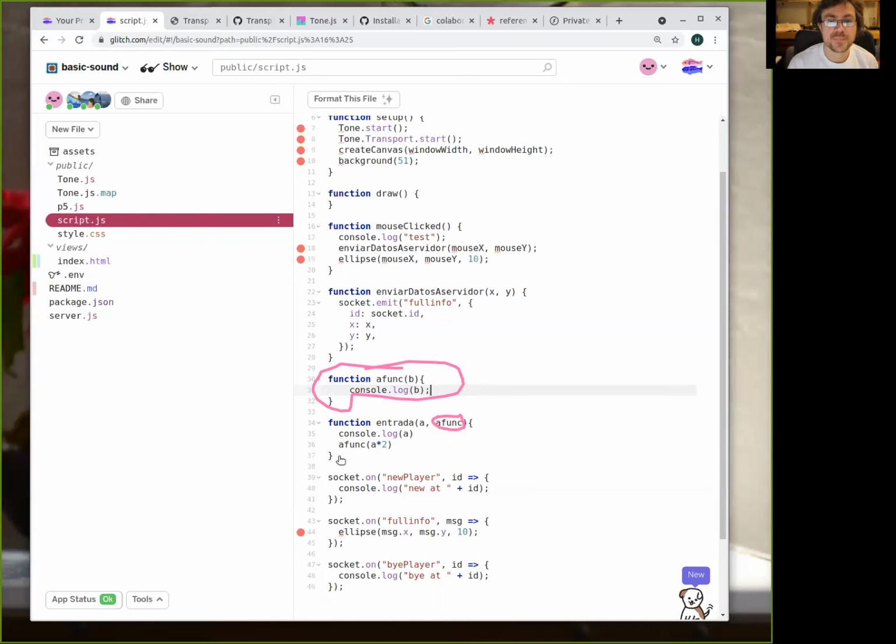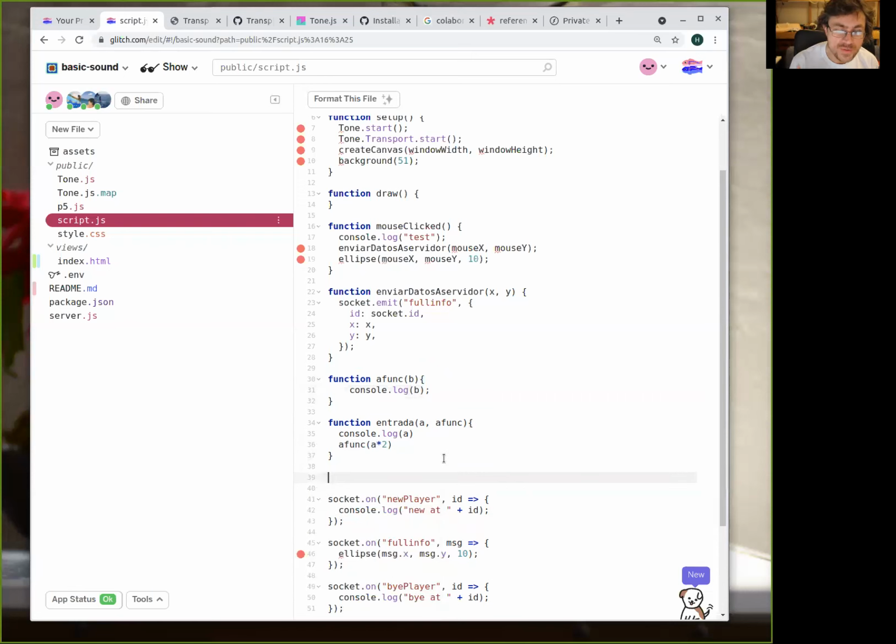Now, because this is sometimes very ugly, sometimes instead of doing this, you can directly, when we want to actually call it, we should be saying entrada 5, and then you should be calling a function, which in this case is a func